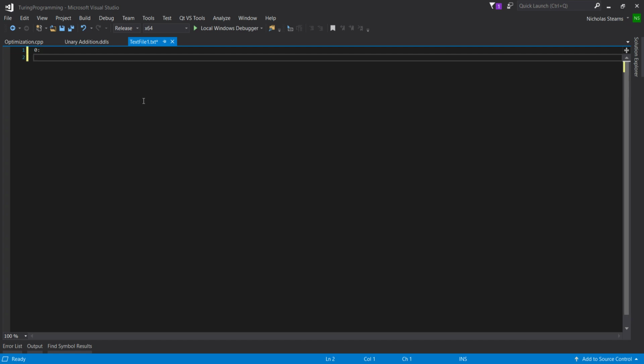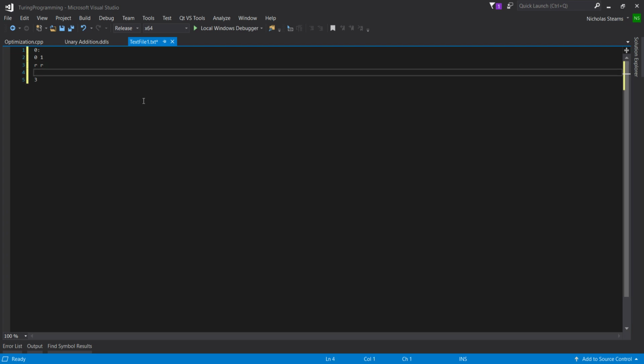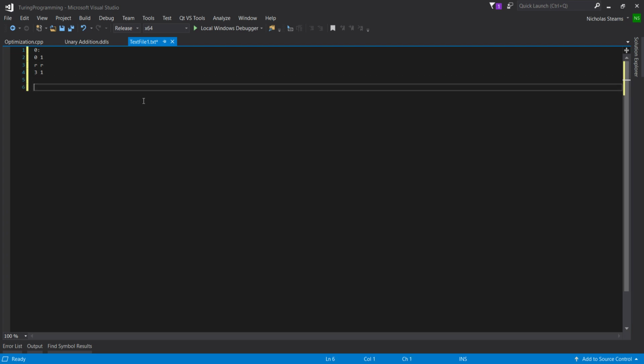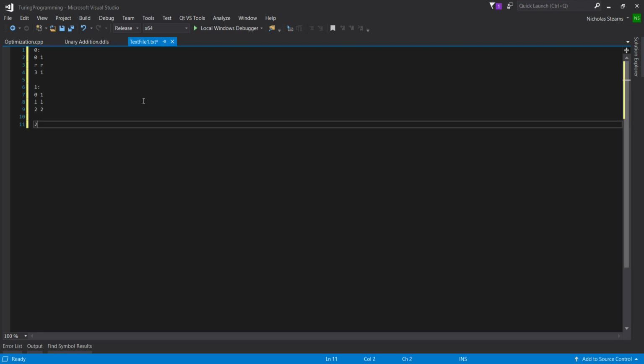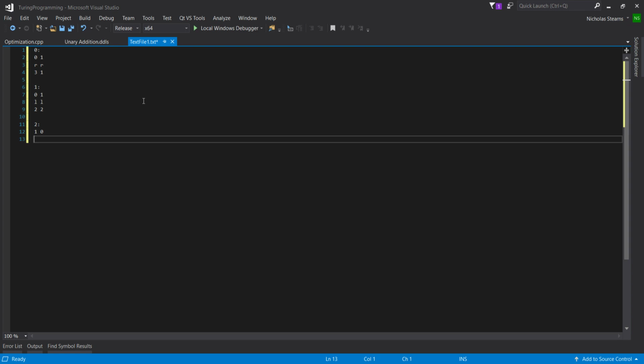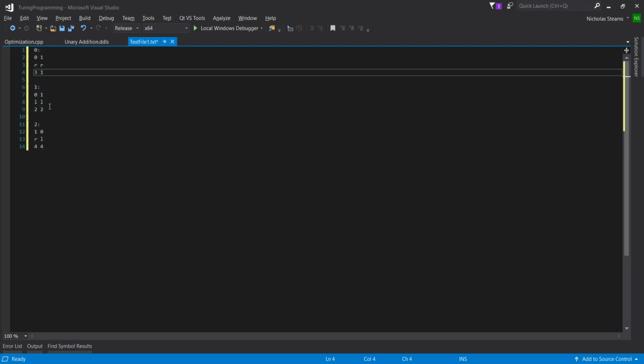So let's say we have a state that is: if you read 0, move right, and go to state 3, let's say. Or if you read a 1, go right and go to state 1. And then state 1 will look like: write back your symbol, move left, and then go to state 2. And then state 2 will be something like: if you read a 0, write a 1. If a 1, write a 0, move right or left, and then go to state, say, 4. And this is a pretty common pattern that we see here. This is, if you remember, just the if go to